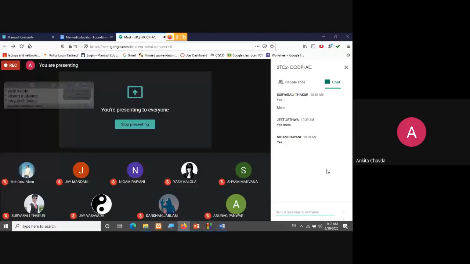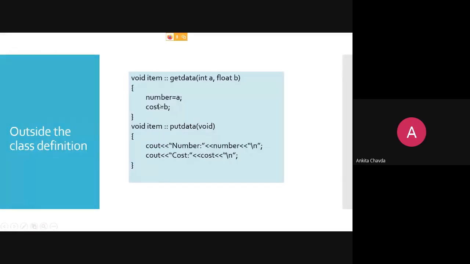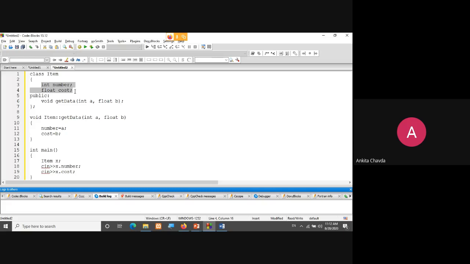Yes, Michelle is saying it is not valid. Right? Why is it not valid? Because I have declared my number and cost as private. So the private variables are not accessible outside of the class.